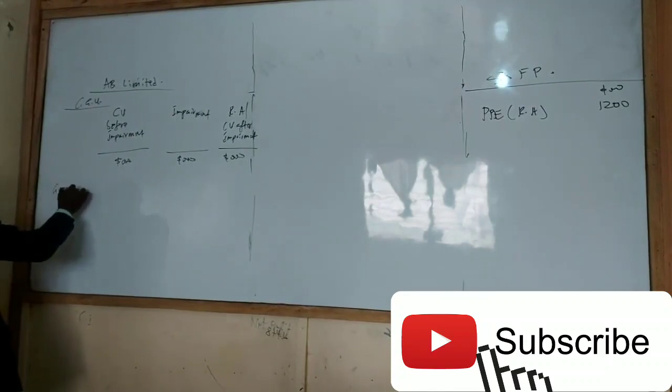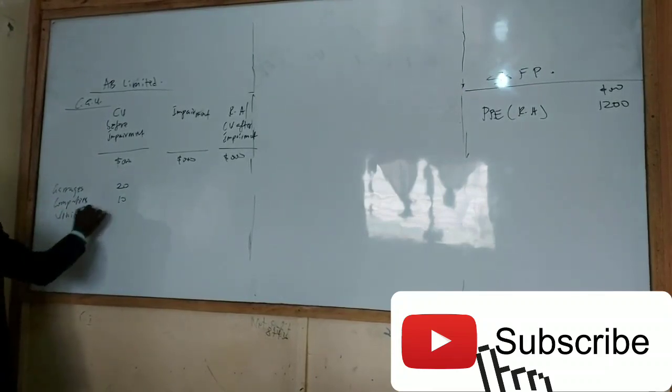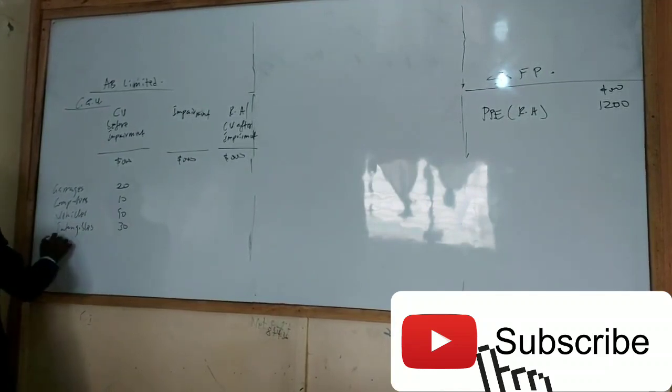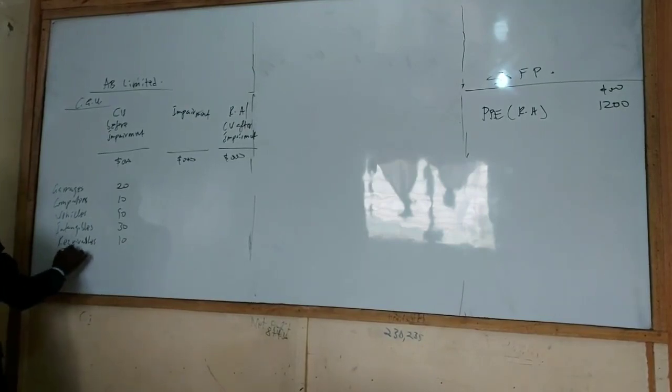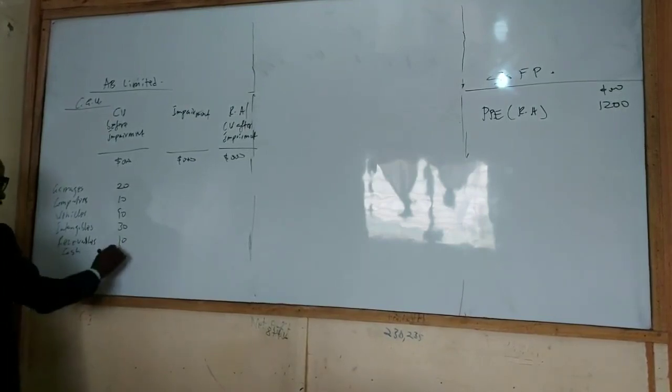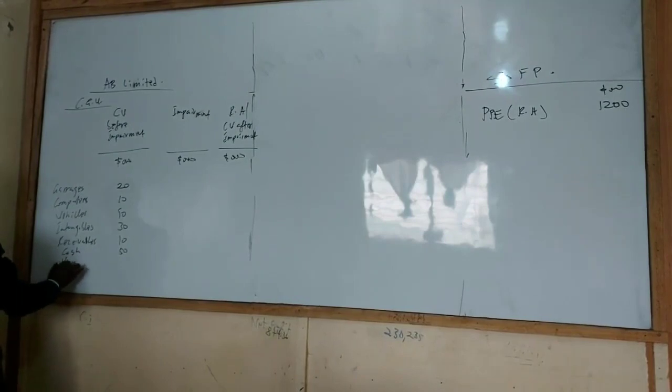Garage, 20 million, computers, 10, vehicles, 90, intangibles, 30, receivables, 10, cash, 50, payables, 20. And that gives us